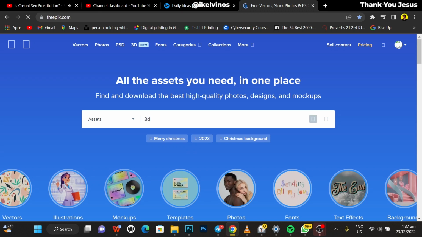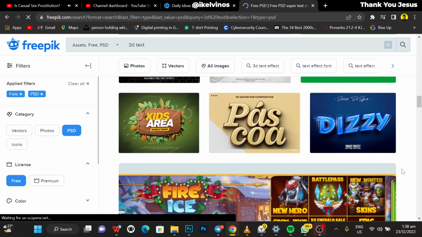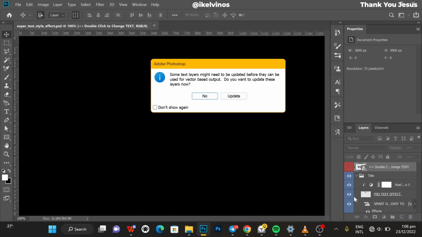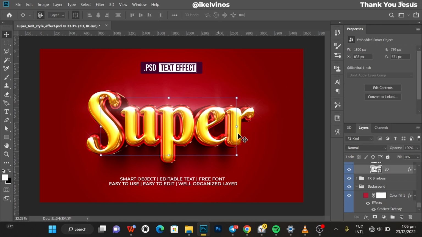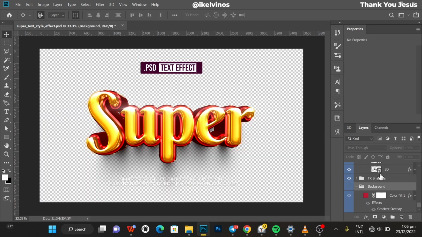Today we're going to do a simple flyer, which happens to be a Christmas one. Yes, today we're going to learn a lot. We are going to use resources from Freepik, free 3D text which is editable, which happens to be also Photoshop. So we don't need any Photoshop 3D skills. You just need to download these things, edit them the way you want,